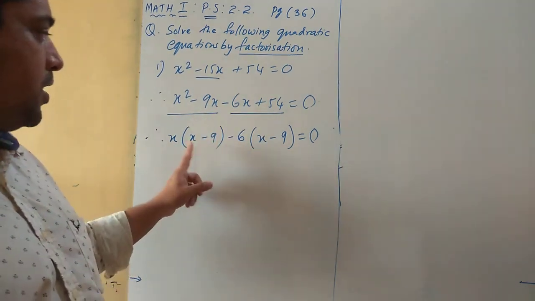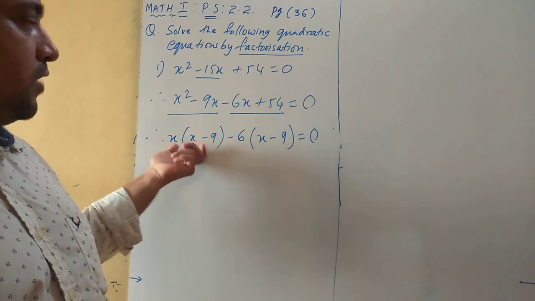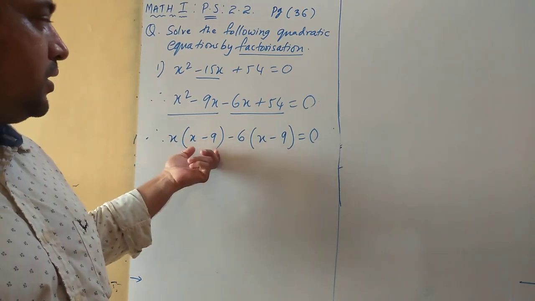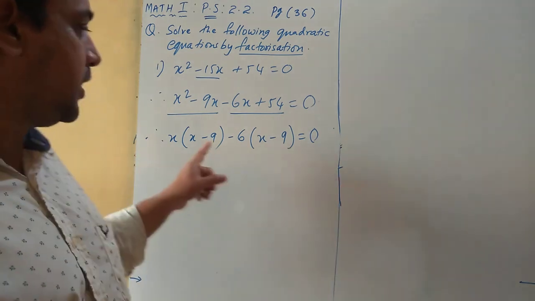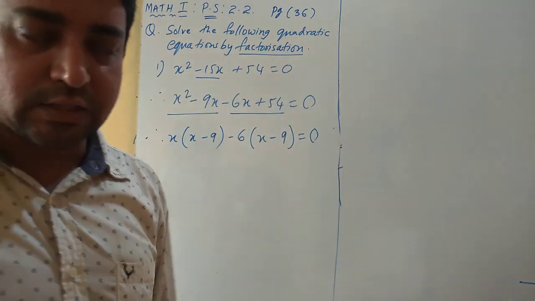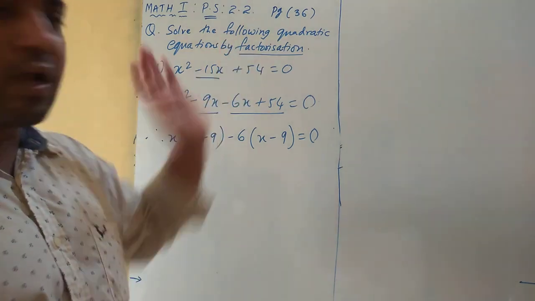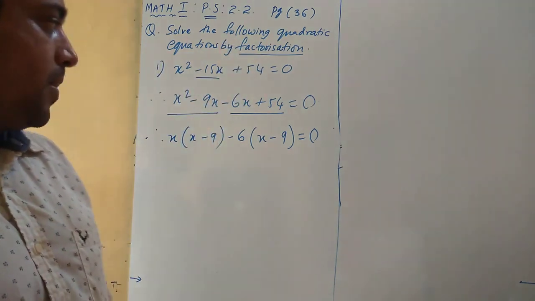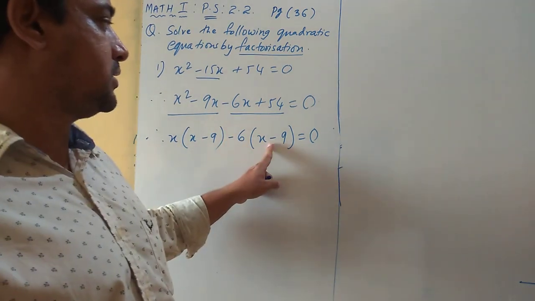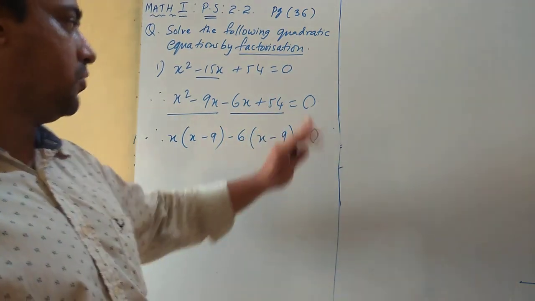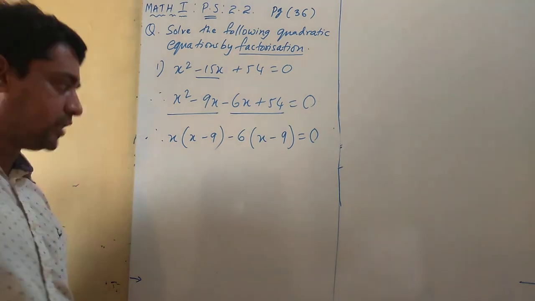One more thing, whatever factor you have got in the first pair, that binomial, the same factor you'll get here. Always 100% you should get the same factor. Otherwise you have done something wrong. Okay, now here that's it, minus 6x, minus times minus is plus, and 6 9s are 54. Just check you understood. Let's proceed.